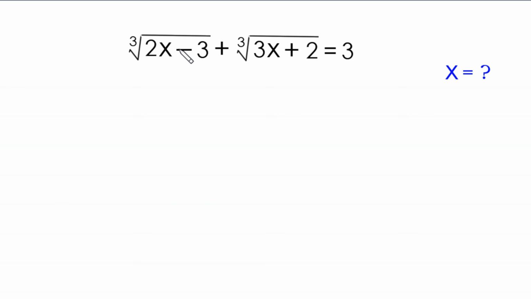Cube root of 2x minus 3 plus cube root of 3x plus 2 equal to 3. Our job is to find all possible values of x. So let's start. First we suppose that u is equal to this expression, the cube root of